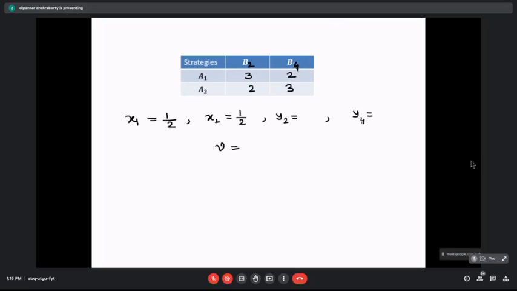What is Y2? Y2 is also half. Good. Y4 will be also half. V,